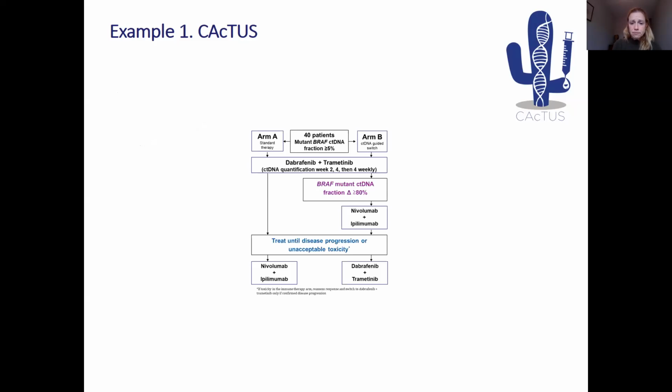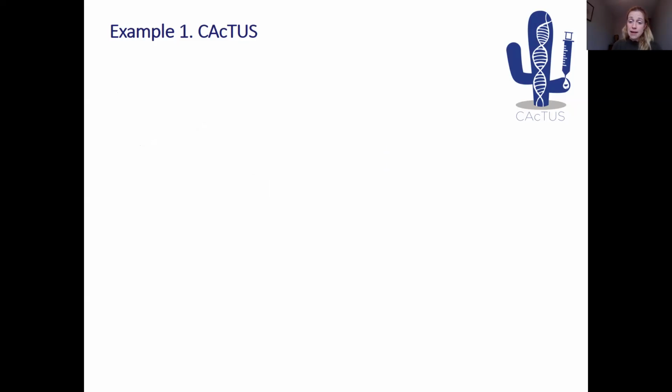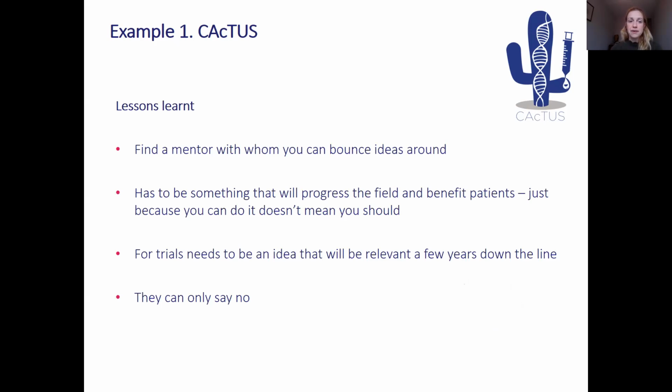And so then, because again I had not done this before, it was how do we get the money? And we ended up asking pharma, and after a number of different discussions with BMS, they agreed to fund the study. And so what I wanted to highlight to you, the lessons learned from this for me, were